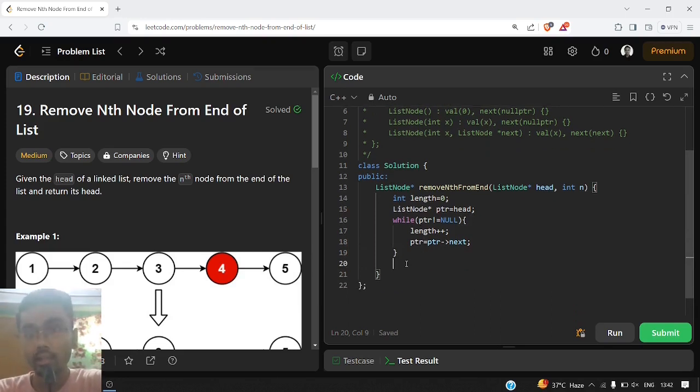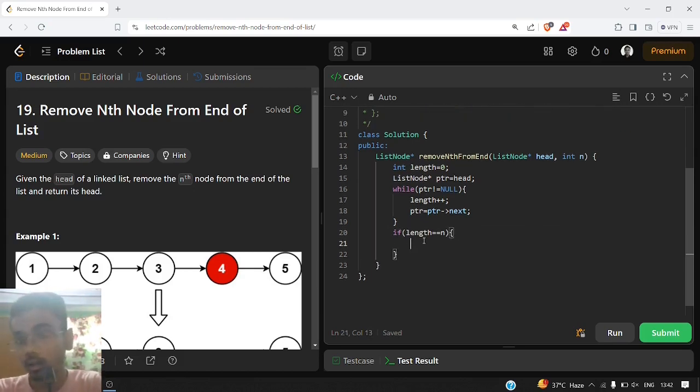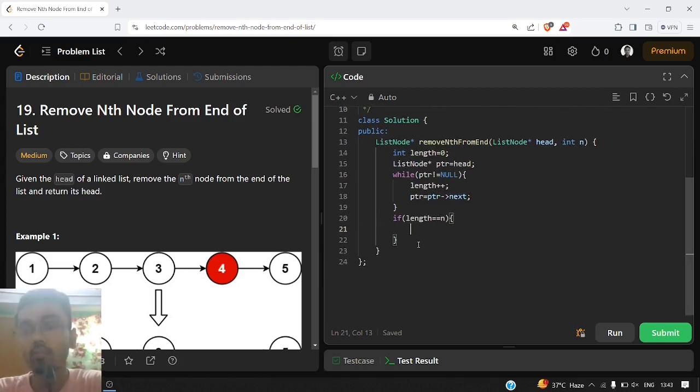Now one edge case that we didn't discuss is if n is equal to the length. So if length equals n, what does that mean? It means the question is asking us to delete the first node. Now if we want to delete the first node, the logic which we have seen previously will not work. So this is the edge case which we will cover separately.